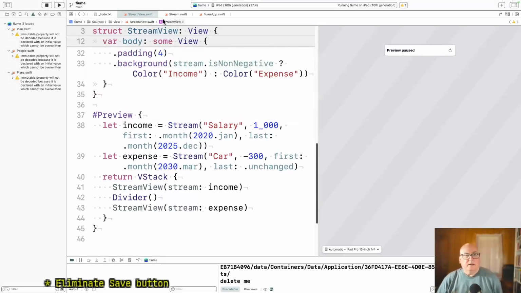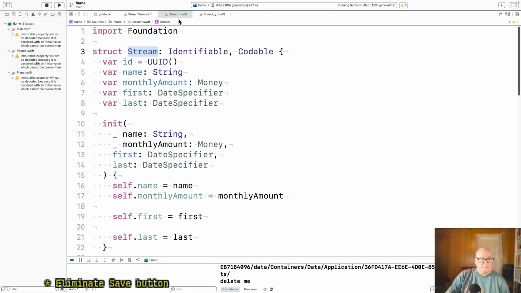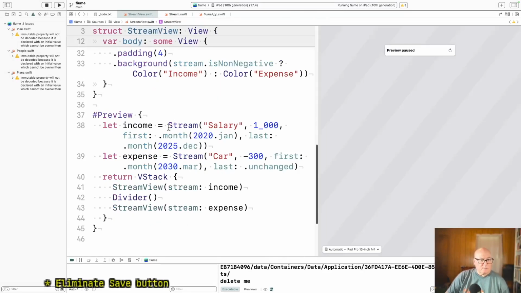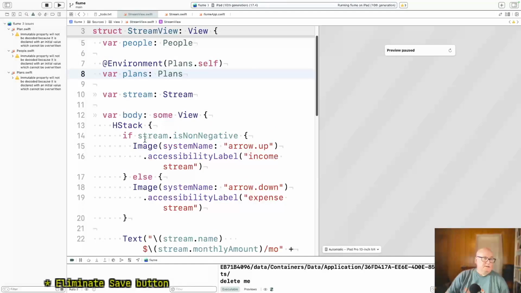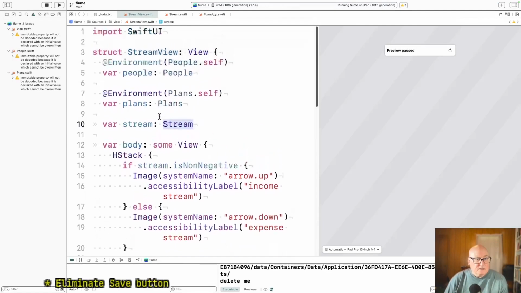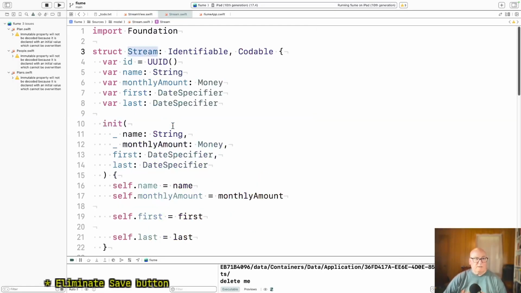Is that ID enough? I feel like I'm wanting to delete the wrong thing. Stream is a stream. Well, we're not worrying about groups and scenarios yet. So this is just this. He is not a plan. Is he? Or maybe stream is a plan. No.